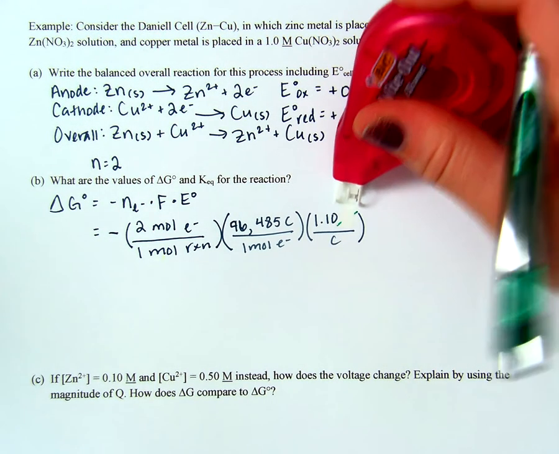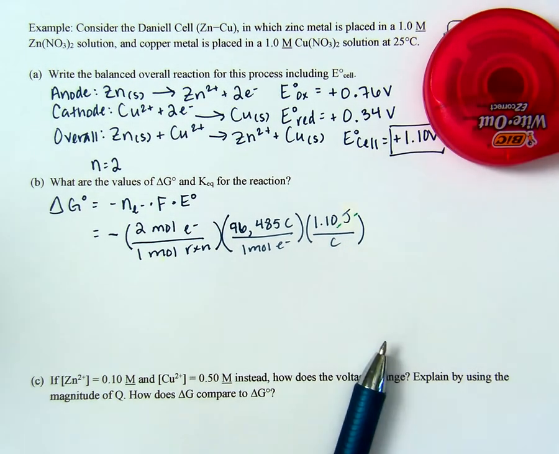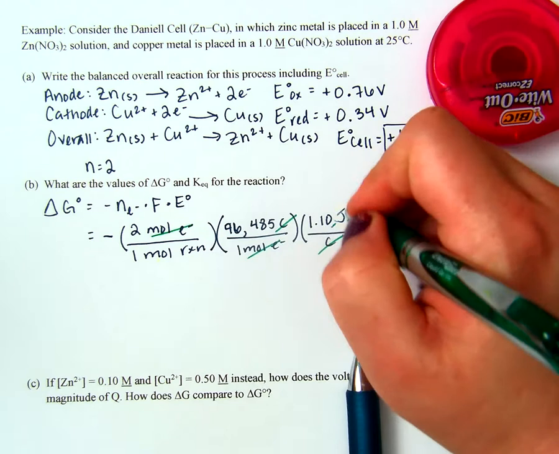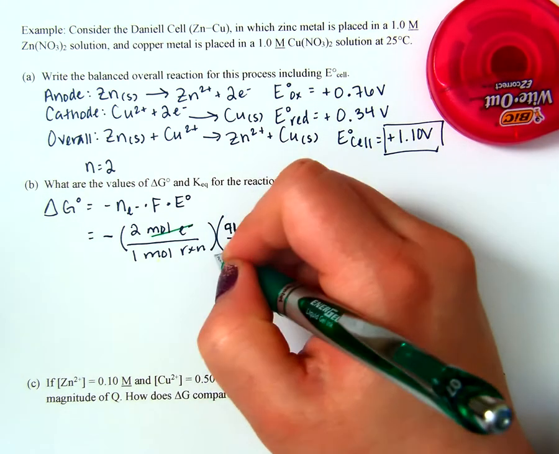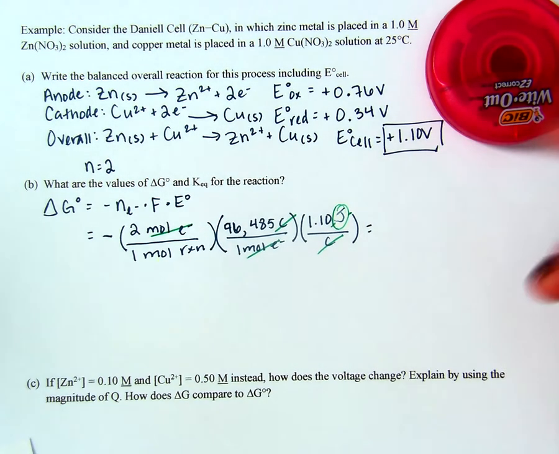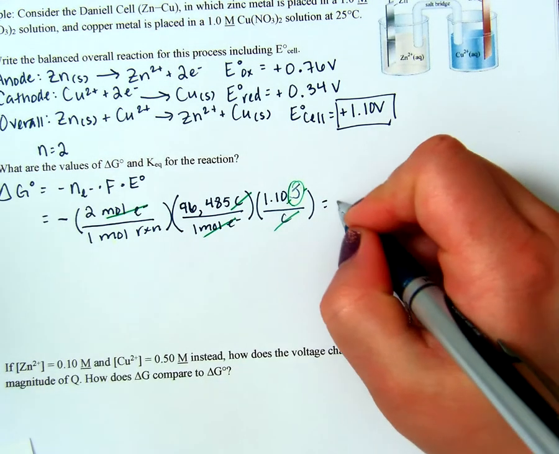Sorry about that. I got overly ambitious about canceling units there. Okay, meant to say my coulombs are going away, my moles of electrons going away, and now I have joules per mole of reaction. So my final answer, when I plug this into my calculator, should be negative because I have my negative sign here. So that ends up being negative